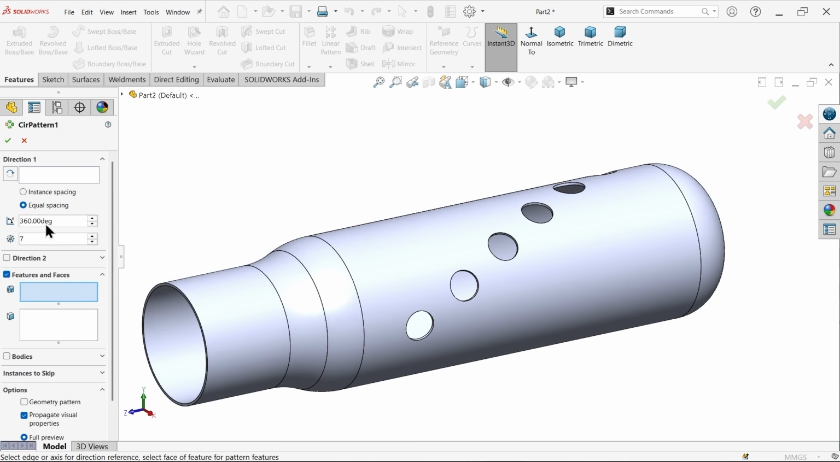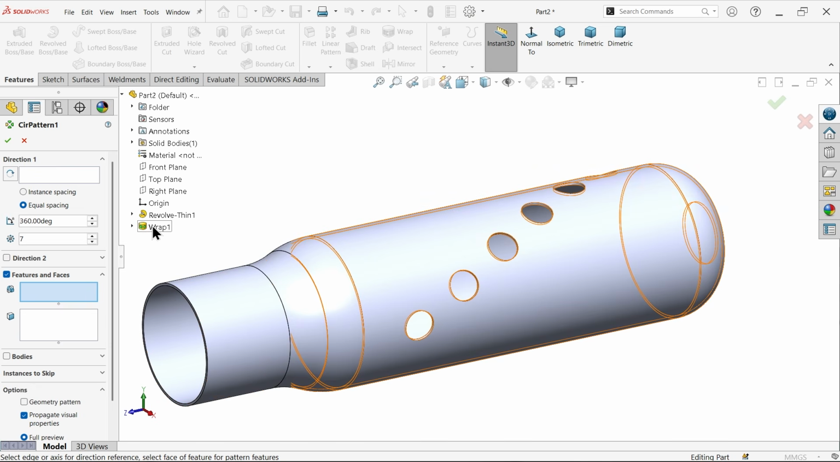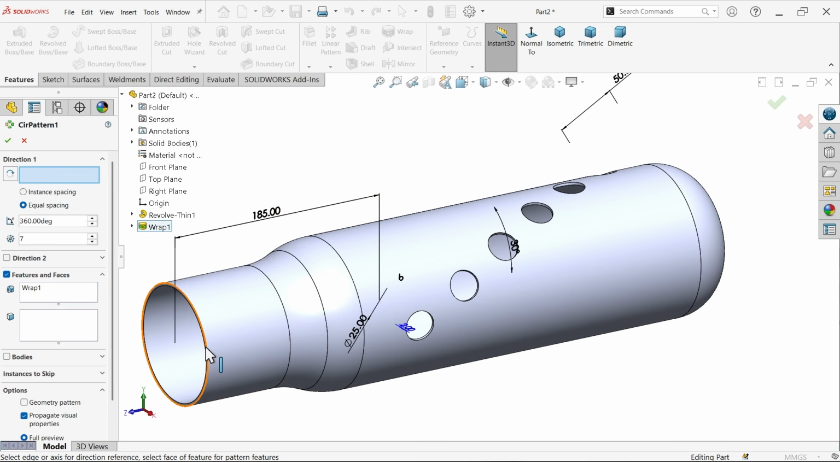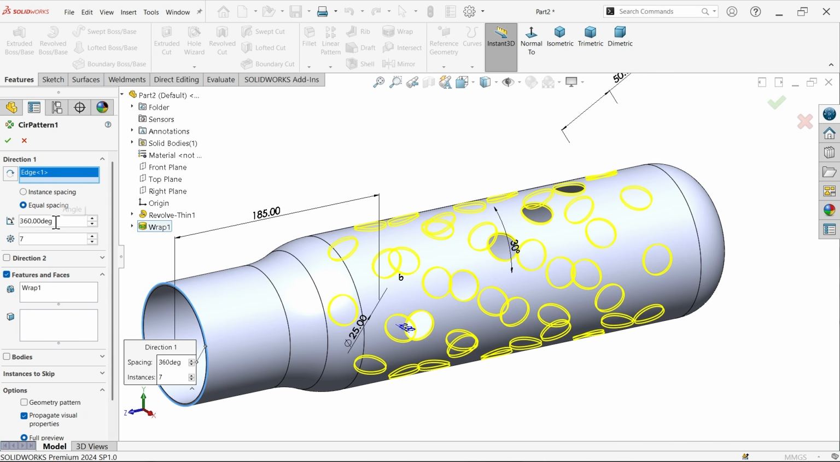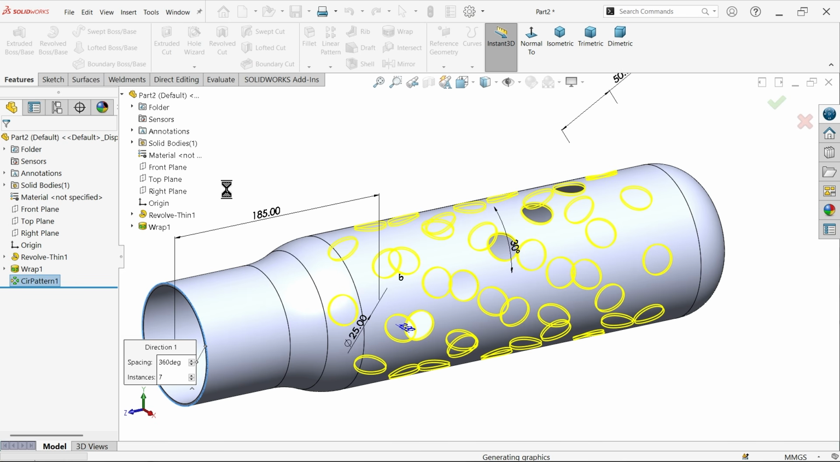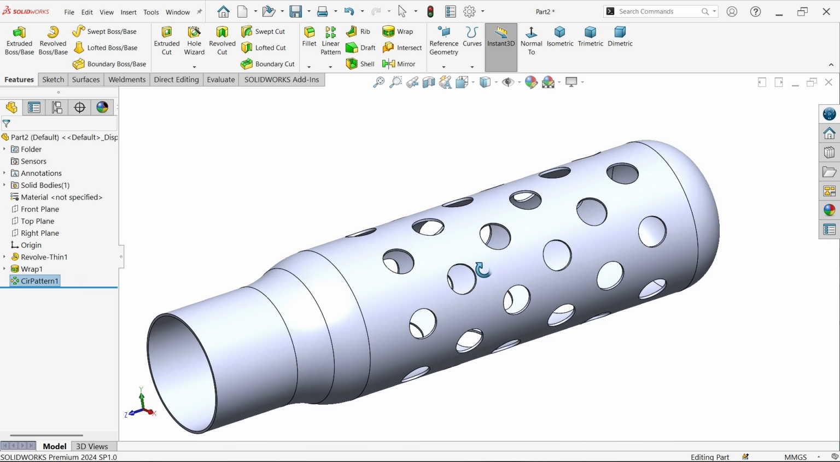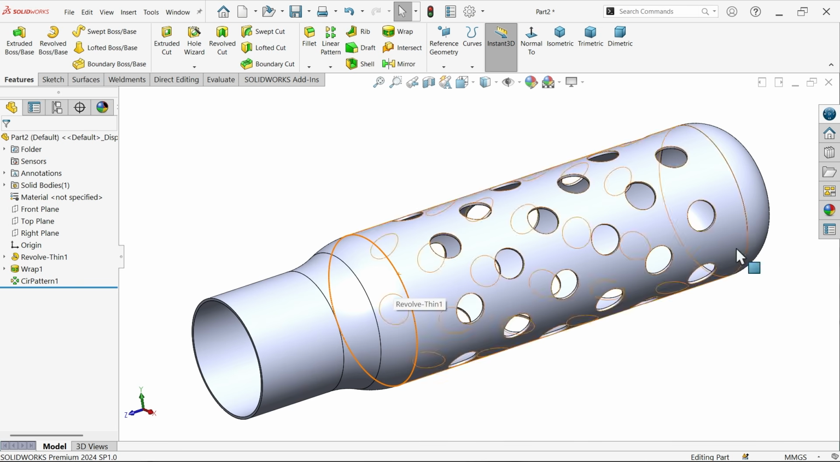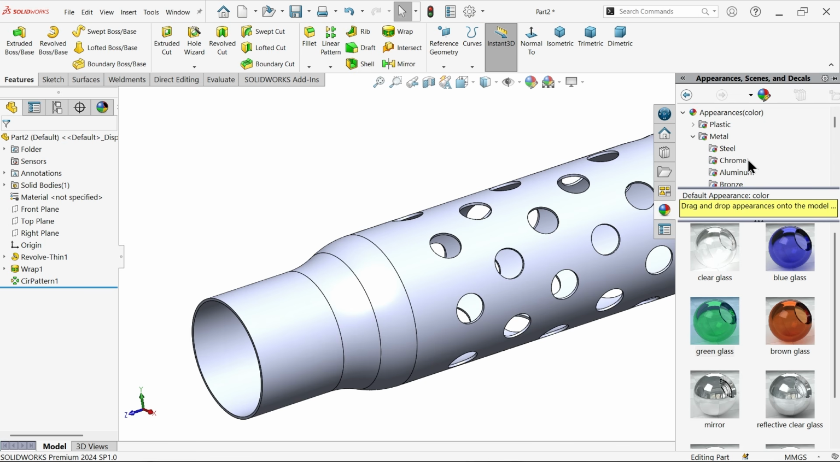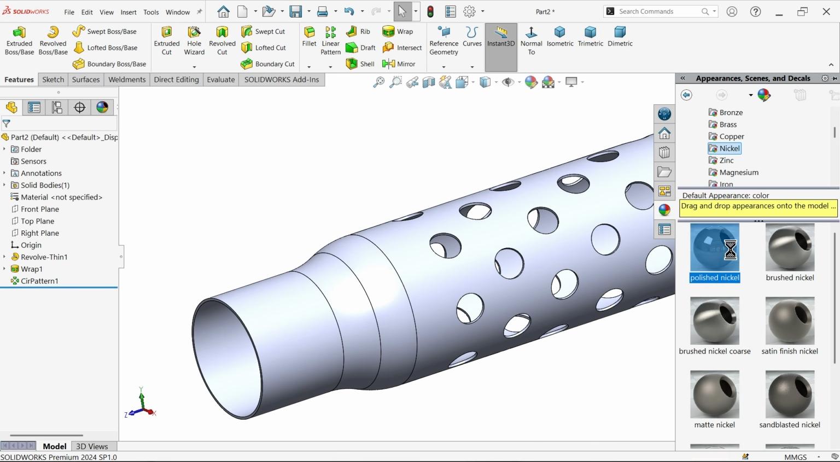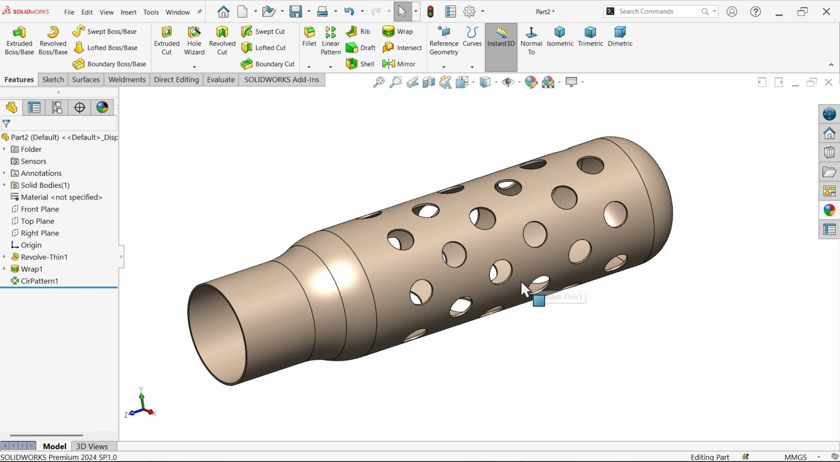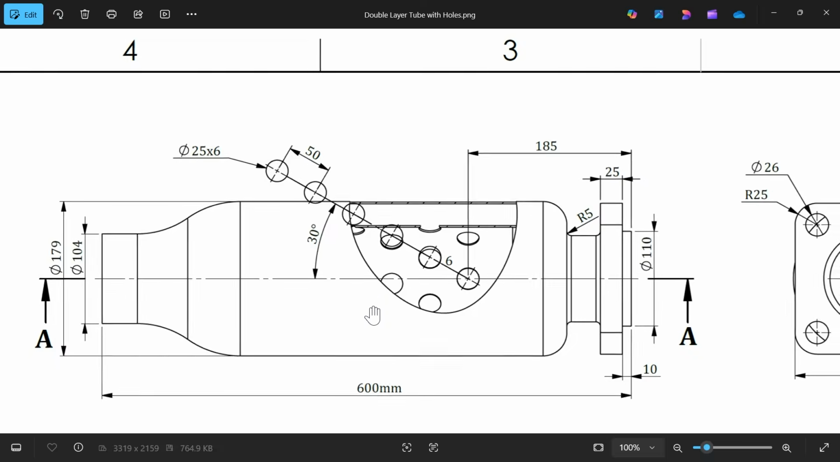Circular pattern. Now let me select here the wrap feature. Now for circular, let me select any circular body. Spacing, equal spacing 360 degree and 7 patterns. Let me say okay. And see. For a better view, let me do one thing. Okay, now it is more visible. Okay,